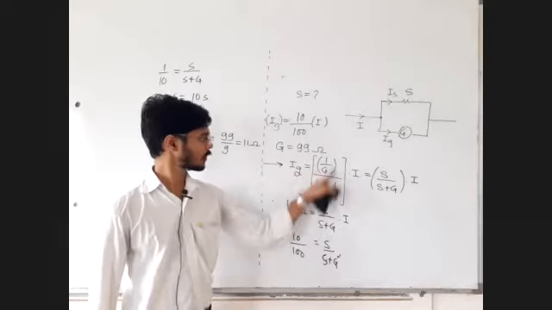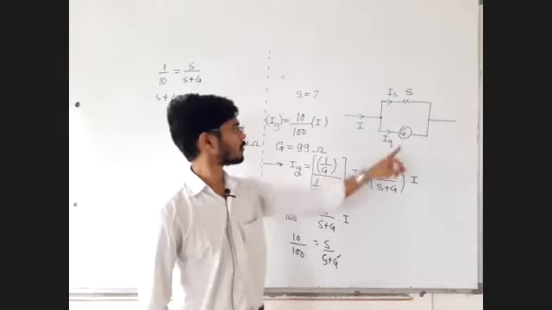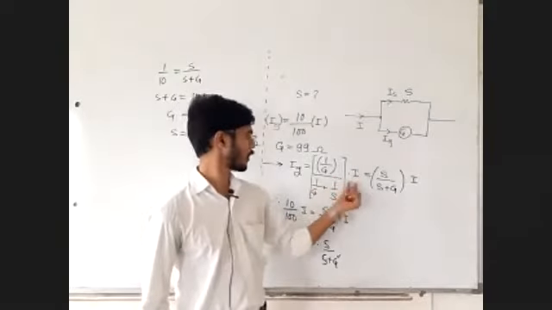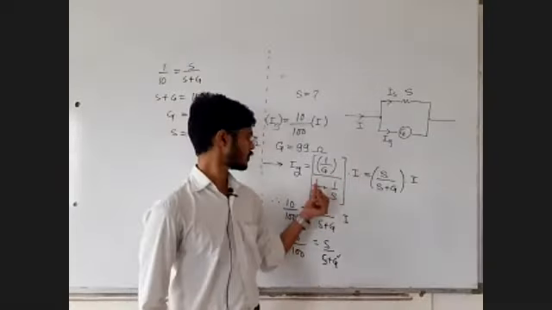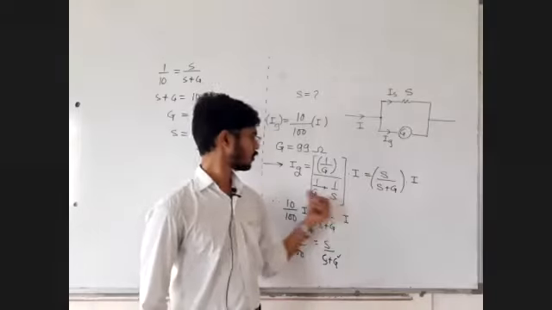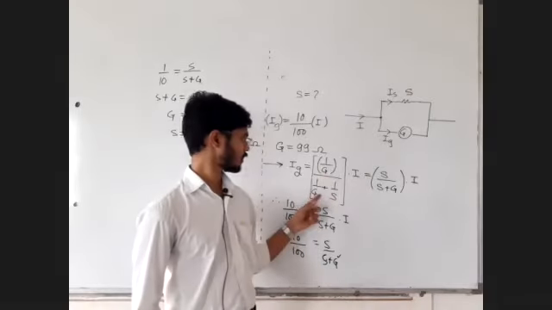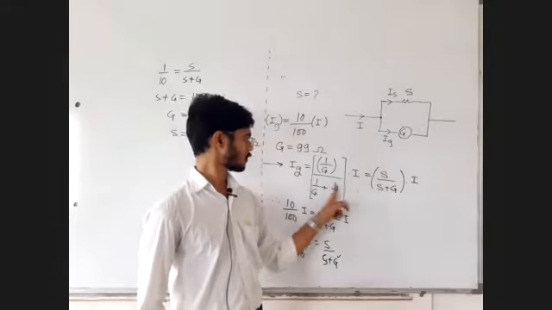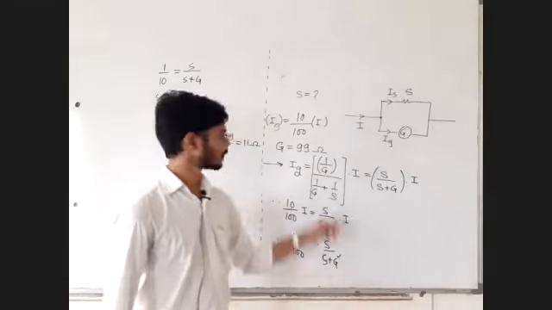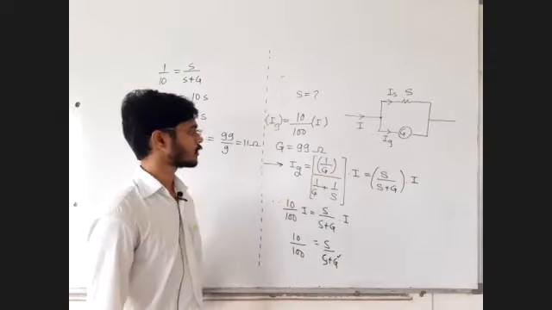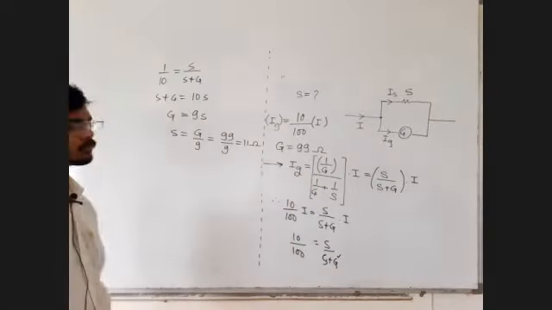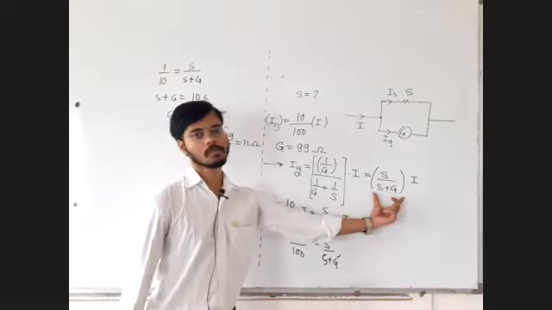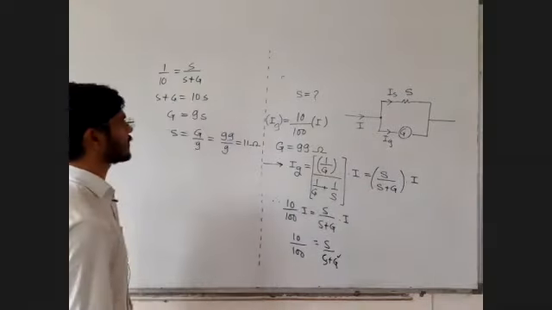हे करता येईल ना तुम्हाला? Current division principle. My conductance upon overall conductance into I. Do cross multiplication. S plus G upon G into S. 1 by G cancel. This S in the numerator and S plus G. 1 by G cancel होणार नंतर. Or you can directly write this also. Everyone reply me in the chat box.